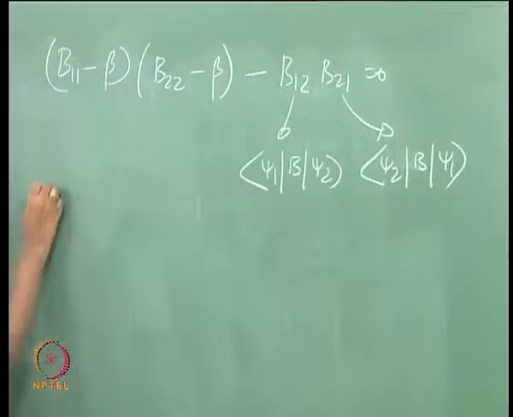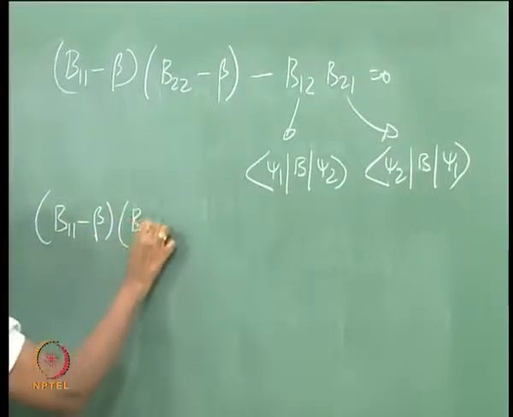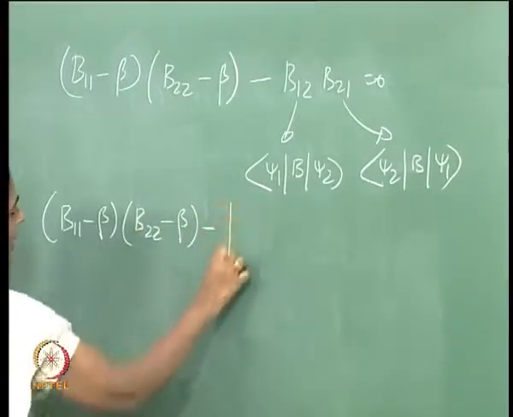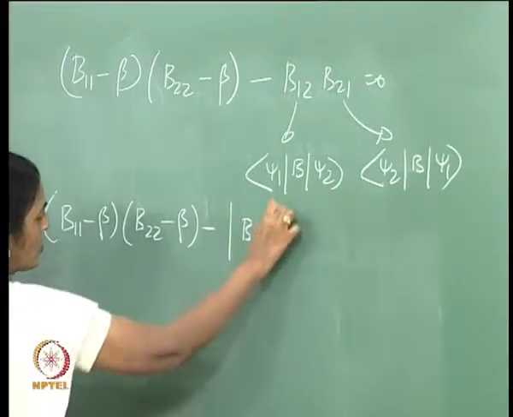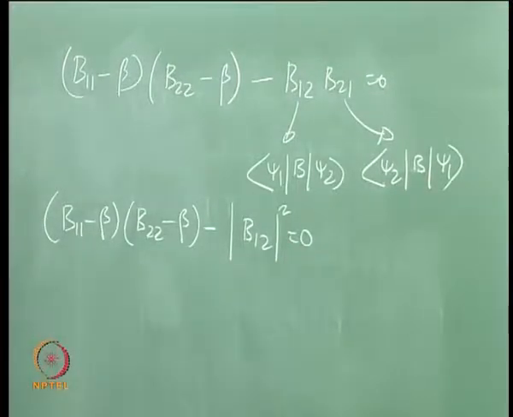Therefore, I can write this as B11 minus beta times B22 minus beta minus modulus of B12 the whole squared is equal to 0. This is the equation I have to solve, and it's a quadratic in beta,